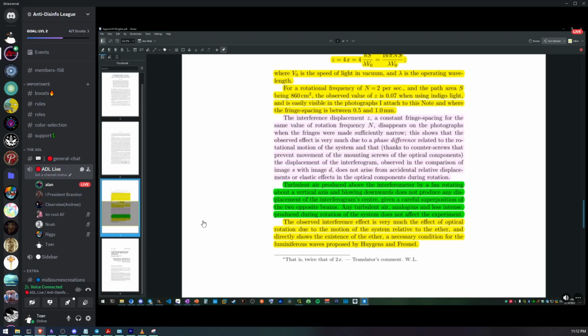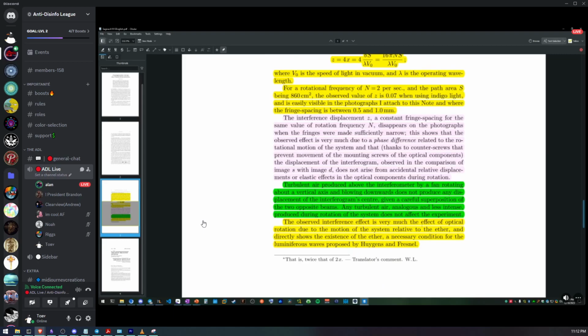So turbulent air produced above the interferometer by a fan rotating about a vertical axis and blowing down towards it does not produce any displacement of the interferometer's center. Given careful superposition of the two beams, the turbulent air, analogous and less intense, produced during the rotation of the system does not affect the experiment. The observed interference effect is very much the optical effect of rotation